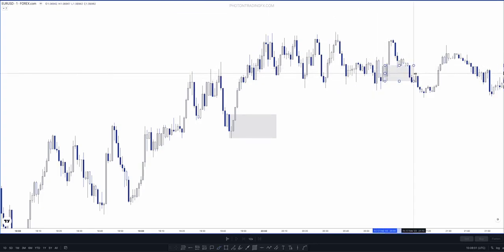Imagine rather than refining it to the pivot, because the range is all in one place, you might want to refine it to the range, or not. It's going to depend on how strict you want to be in your plan. And the other thing you may want to consider with pivot zones is,